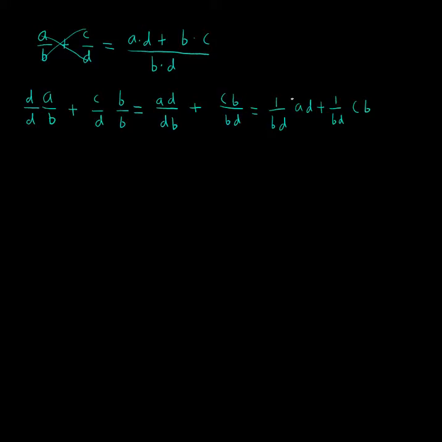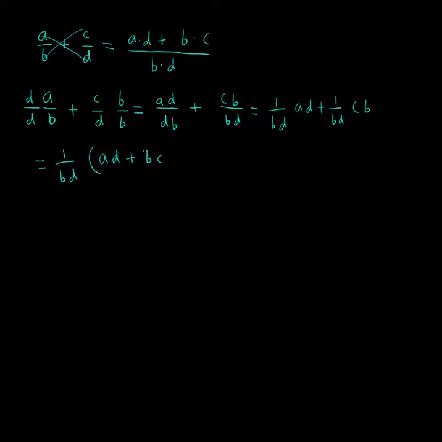Okay, so with that being said, we can use the distributive property, kind of going in reverse, to write this out as 1 over bd times the quantity ad plus